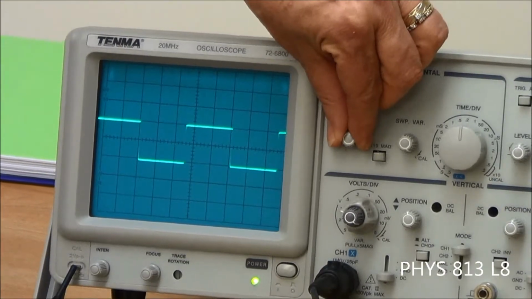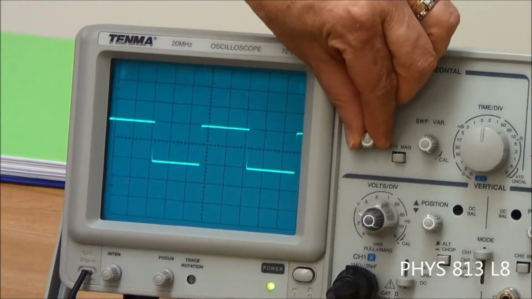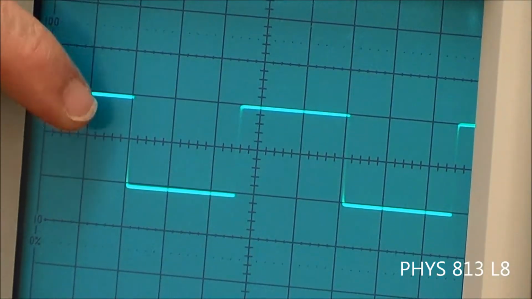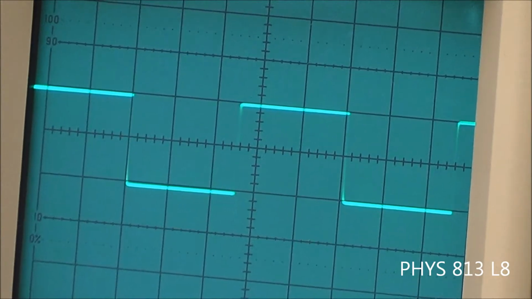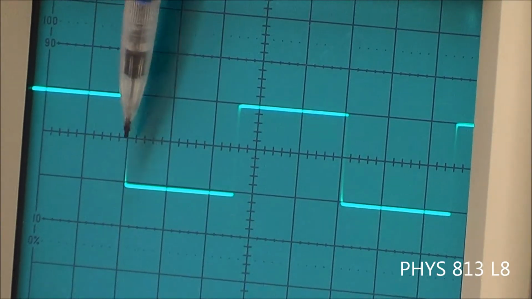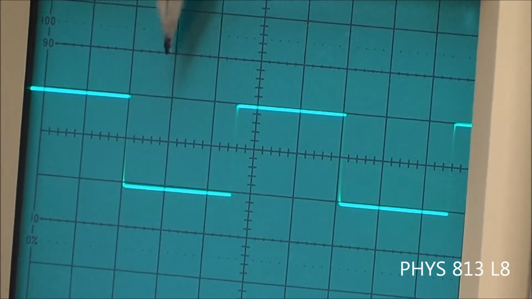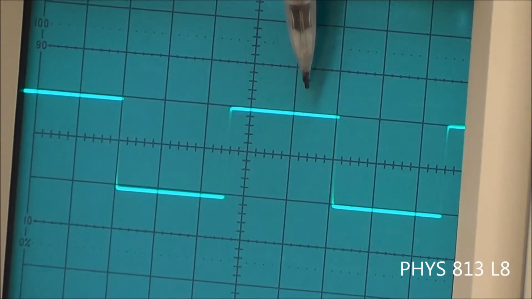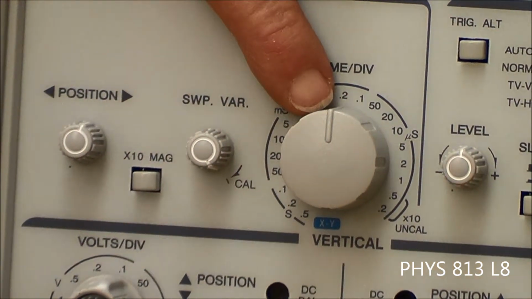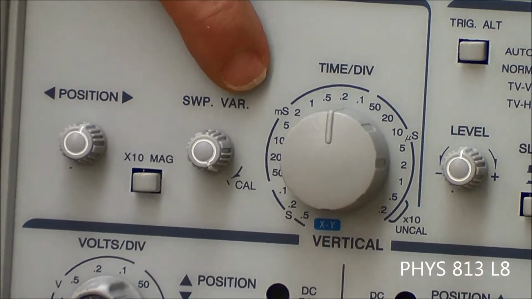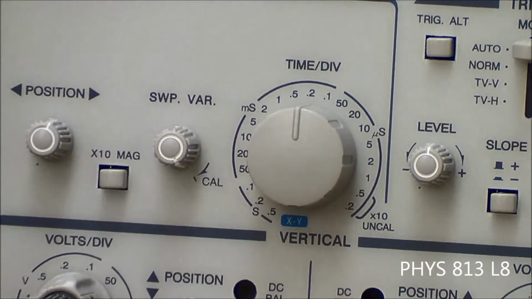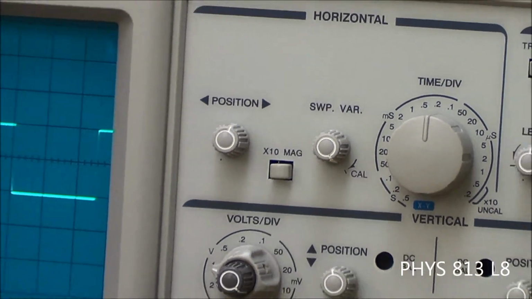So I'm going to position it very carefully so that the left edge of this square wave is along a line, and it's very faint, so you really can't see that part of the wave. But if we count a bottom and a top, we count here 1, 2, 3, 4, 5. We have 5 centimeters, and if we notice on our time per division dial, it is set on 0.2, and then over here we have ms for milliseconds. So 5 centimeters times 0.2 milliseconds, we end up with 1 millisecond, and that's the time,